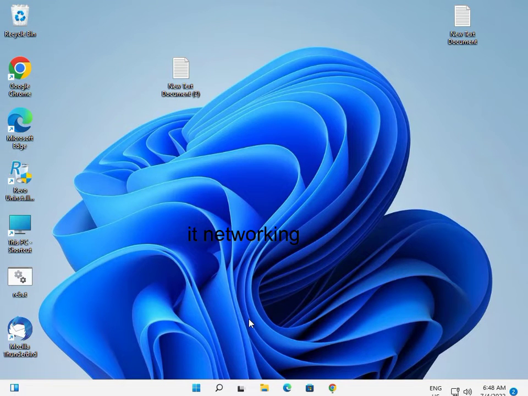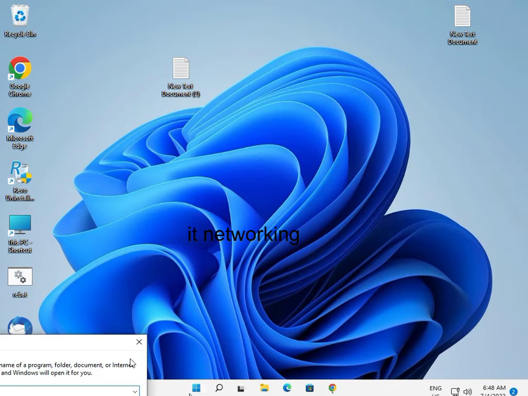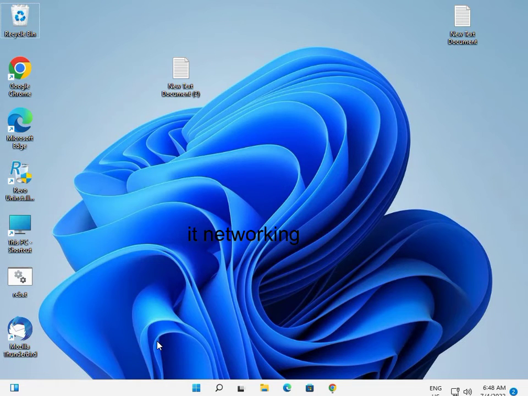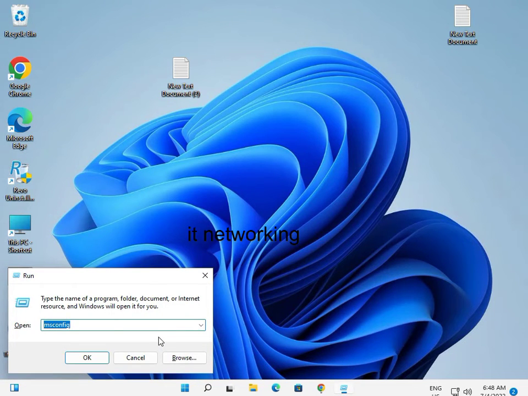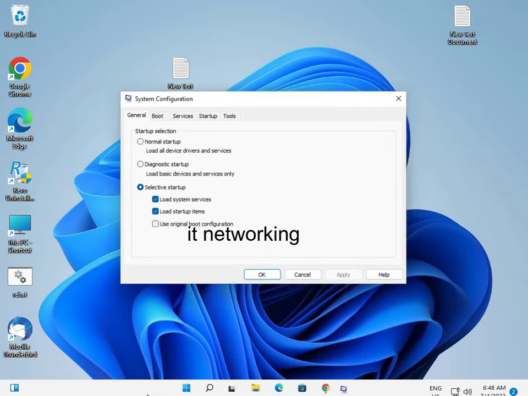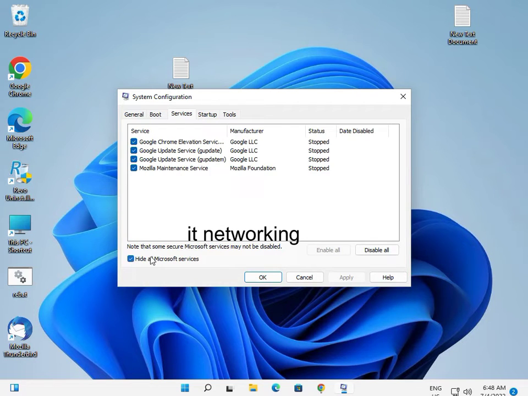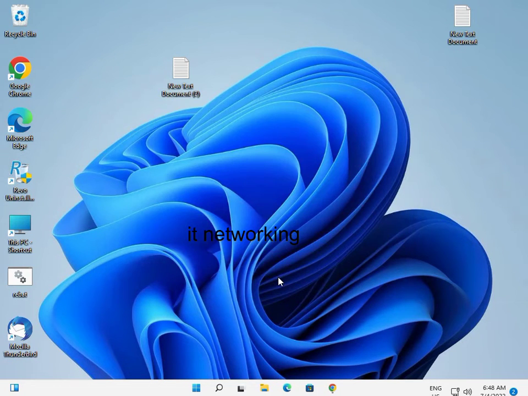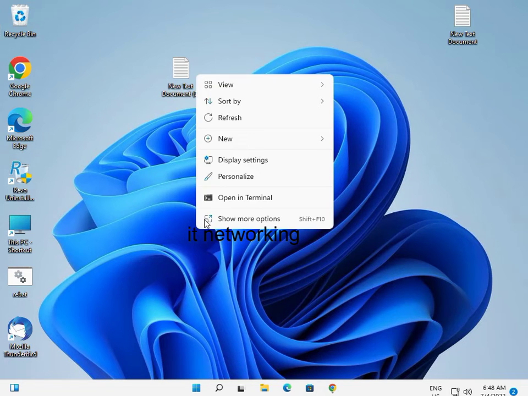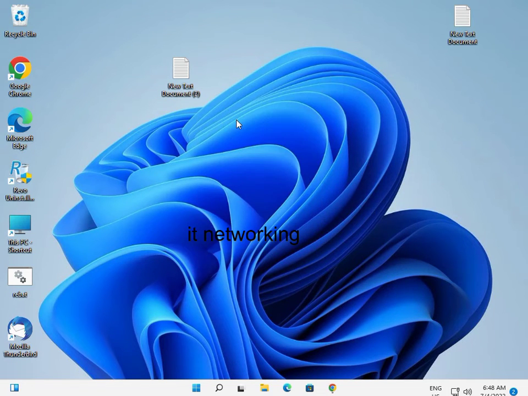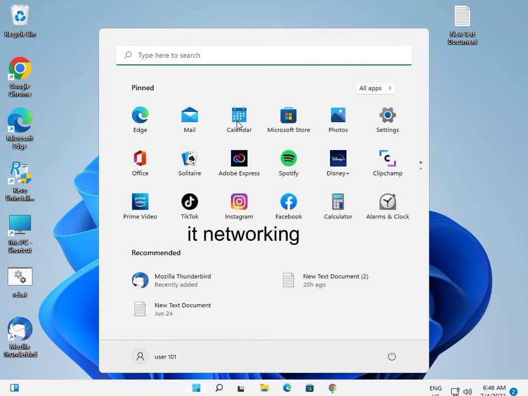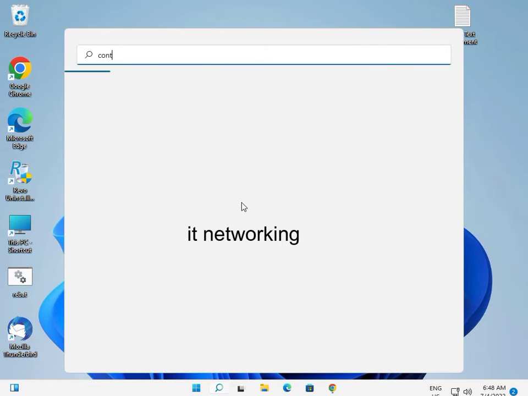Guys, second method, it is Windows R and type msconfig, enter. Services and all hide service. Okay, right click to refresh. And one more thing guys, you go to control panel and